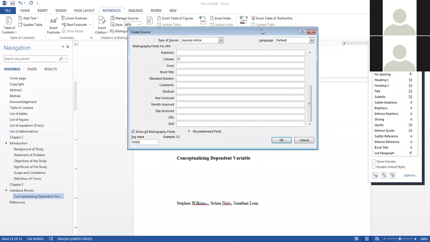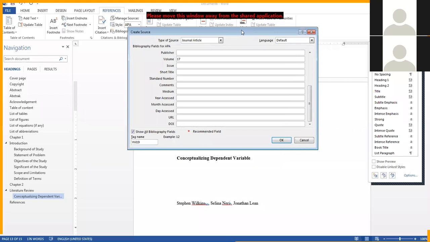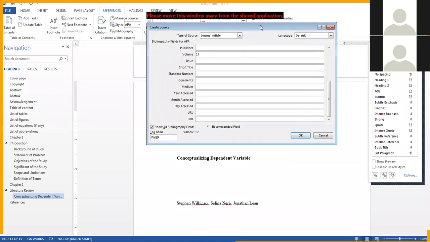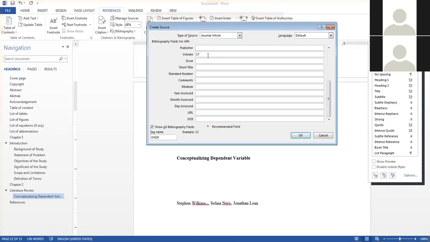I will try again because my searching system is stuck. Okay. So when you insert the volume, make sure you check for issue because some articles might not state the issue on their article. So you need to check on the official website of the journal. In this case, the issue is 3. And then I just click OK.